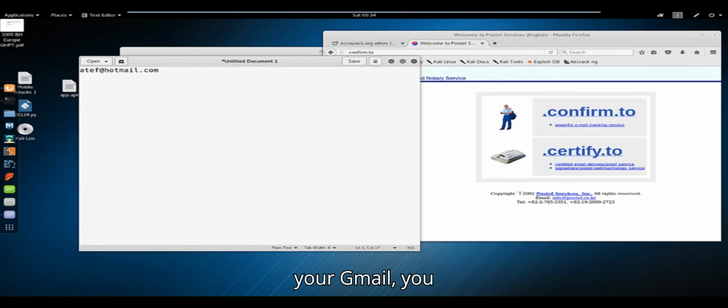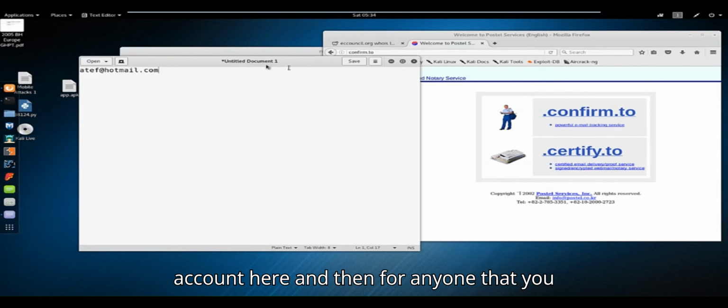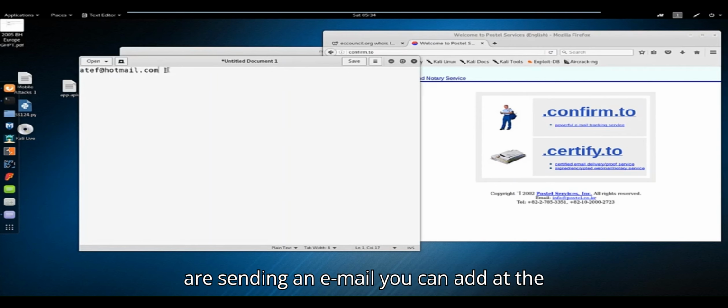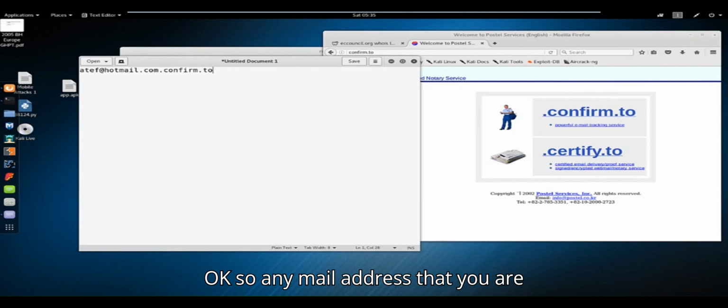You open your Gmail, you write my email address, but you have to register on this website first. You should have an account here. Then for anyone that you are sending an email, you add at the end of his email address dot confirm dot to.